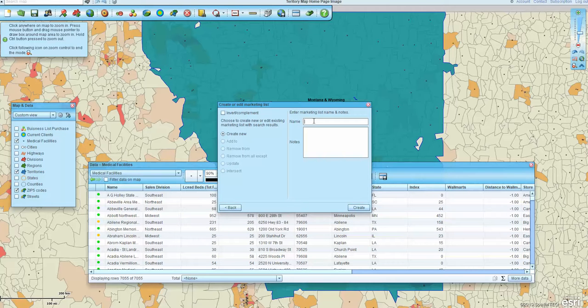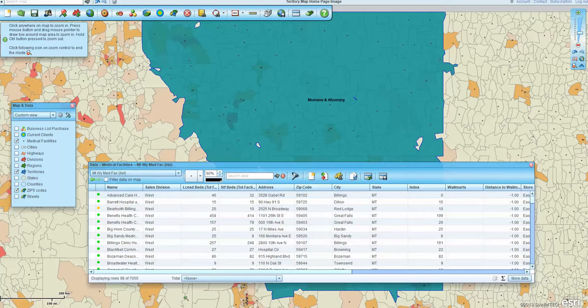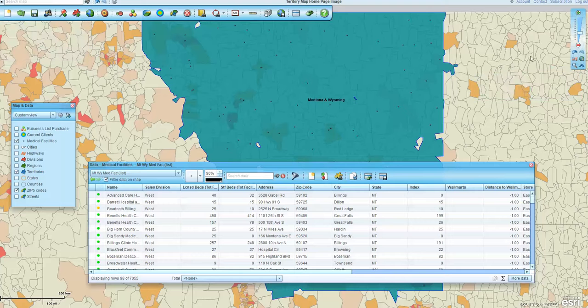We name it. So we'll go Wyoming Med Facilities, create. Now the list has 98 of 7055, and we can filter that on the list, and you can see around the Montana area, all those other medical facilities disappeared. We're focused only on Montana and Wyoming, and we can start looking at each one and talking